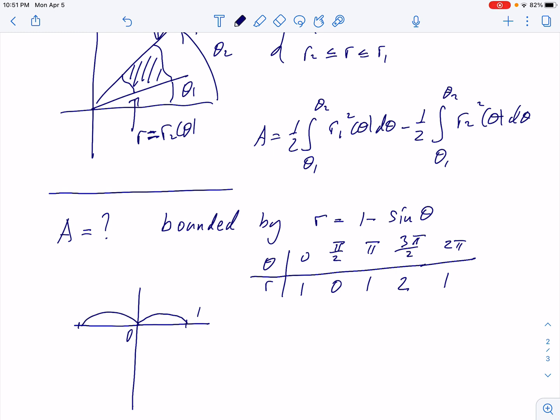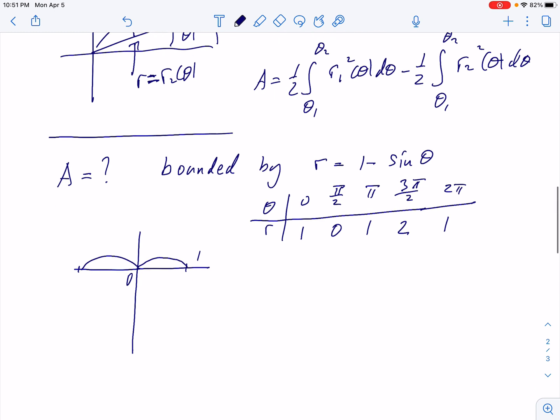Similar graph. Then we're moving from pi to 3 pi over 2, and radius is moving to value 2. Let's say 2 is here. So from this point we're connecting with this point here. And then from 3 pi over 2 to 2 pi, radius goes from 2 to 1. So it repeats actually this